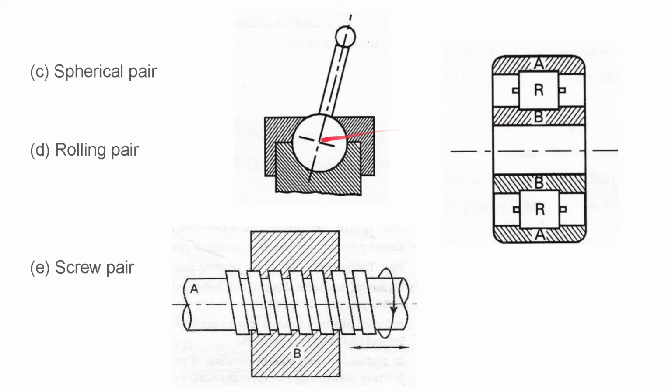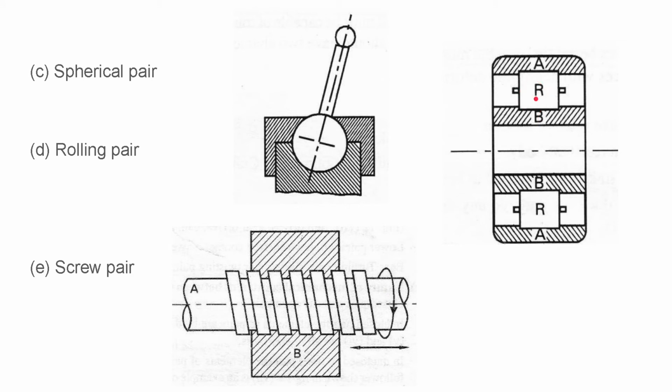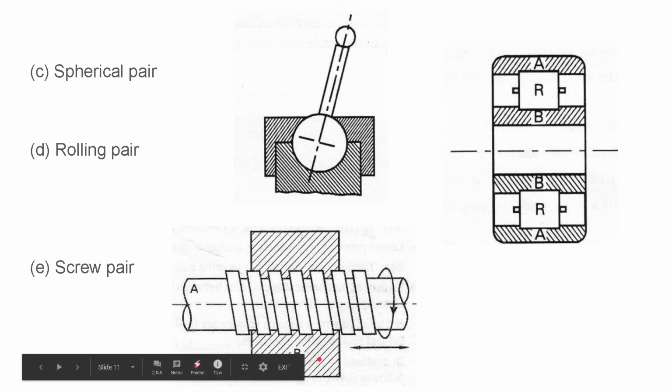And we have a screw pair. So screw pair means that A is able to move through B in a very specified way. So it cannot move in any direction in any way. Here the rolls were able to move with rotation and with translation through the AB link, fixed link, while here the B link is fixed, but the profile is made such that A has a very definite limited amount of rotation or translation which can occur. So the nut and bolt have a screw pair.